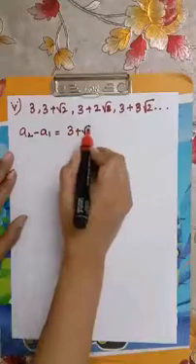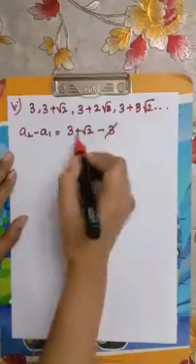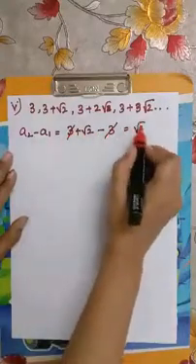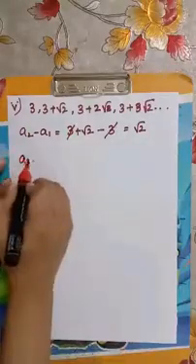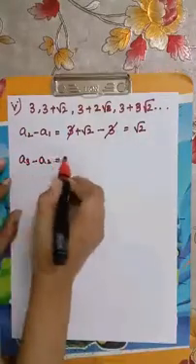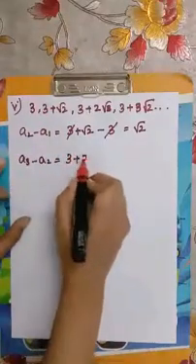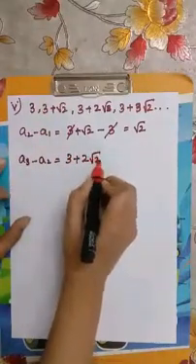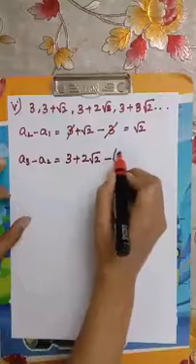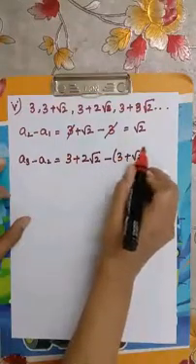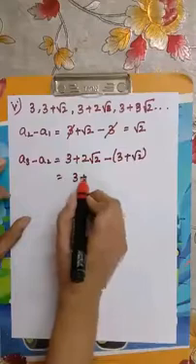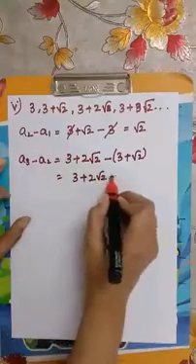Second term is 3 root 2 minus 3. Plus minus cancel. Answer is root 2. Next, a3 minus a2. First term, second term, third term. Third term is called a3. 3 plus 2 root 2 minus 3 plus root 2. So that is 3 plus 2 root 2 minus 3.